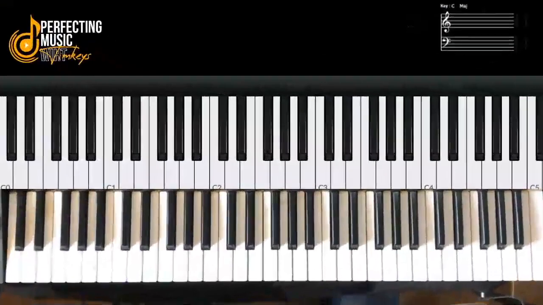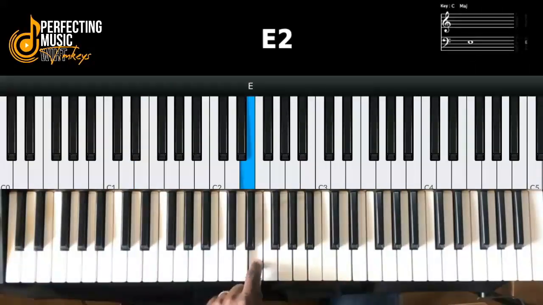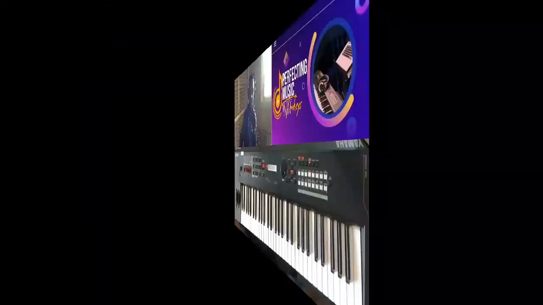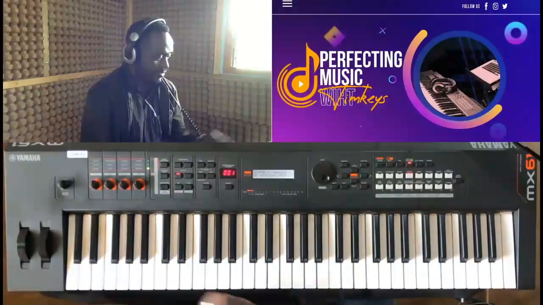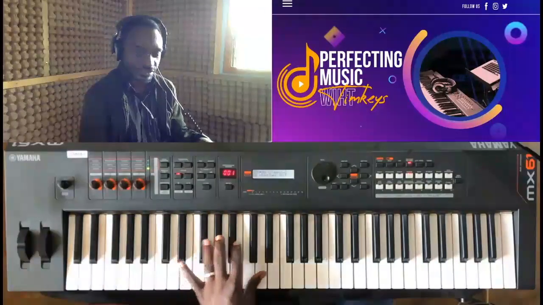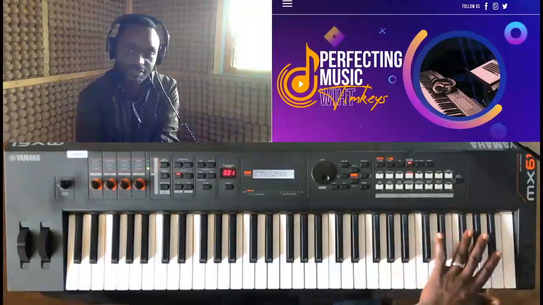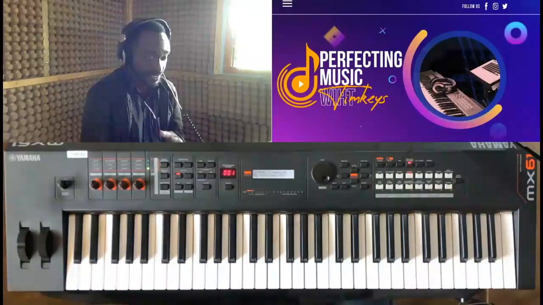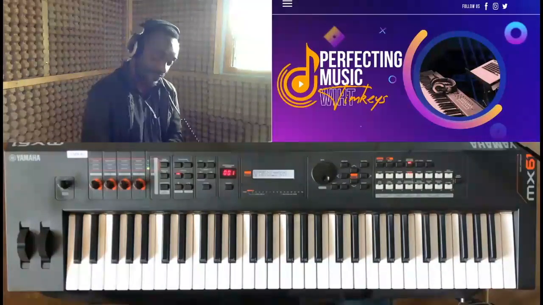Let me change this keyboard so you can look at the names of the notes. You see that? That is E, that is E, that is E, that is E, that is E. Having seen that, let's look at the three black notes. Let's go back to our physical keyboard. You see three, three, three, three, and three. These three notes are going to help us identify keys B and F, and in the middle G and A.